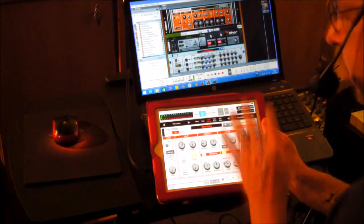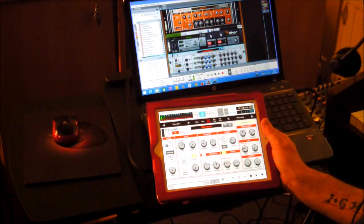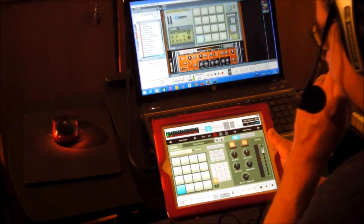Of course, you can record automation with rsTouch as well. You can do the whole thing from... once you've set your rack up, you're good to go with rsTouch. That's it. And of course, it's all wireless. It's brilliant. All right, so...